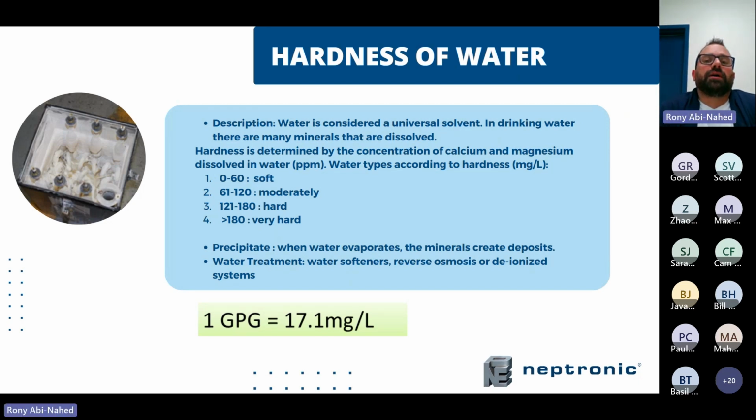So when I talk about hardness, I'm talking about the calcium and magnesium inside your city water. There's always calcium and magnesium in the water. Depending on which area, you can have soft, moderate, hard, or very hard water. So soft and moderate is between 0 to 120